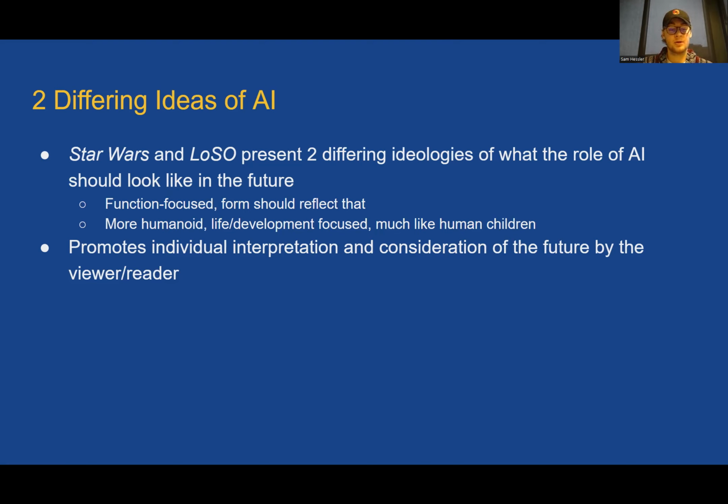These differences between droids and Digiants reflect two differing ideologies on what AI may look like in the future. On the one hand, AI may reflect the lives of humans, requiring parents and emotional support and validation in order to develop and live as a part of society. On the other hand, AI may develop to be task-driven, as we see with the droids. Although they can comprehend some sort of emotion and are generally self-aware, they do not require the time and effort and constant emotional reinforcement that the Digiants of life cycle of software objects do.